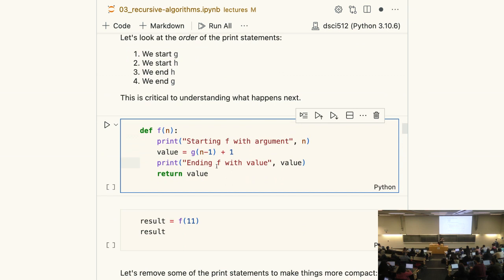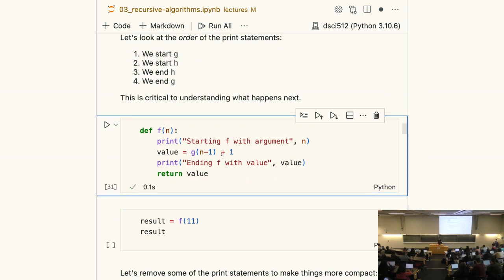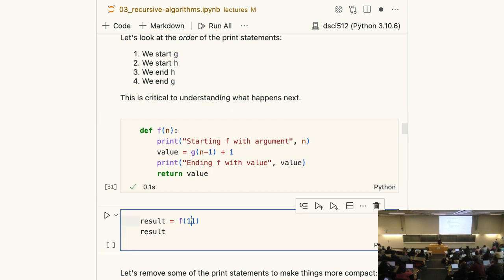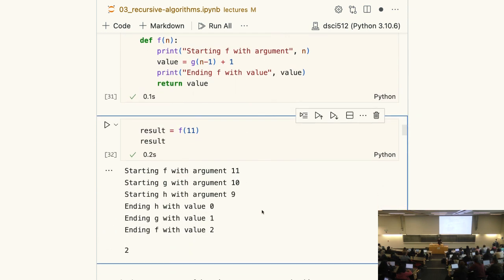Now we add another level on top of that, similar to what we have done previously. So f calls g, g calls h, and the same sequence of things happens again. F is called with this argument 11, g is called with this argument 10, h is called with 9, and h is the innermost level, and that's where we return something from h, so that's terminated, and 0 is handed back to g, and 1 from g is handed back to f, and now f can go